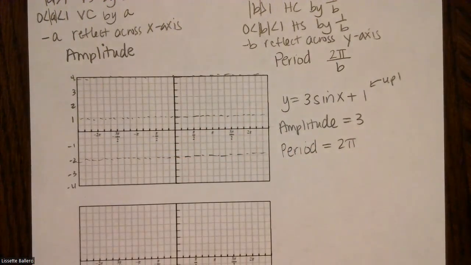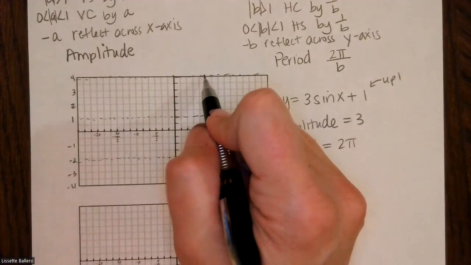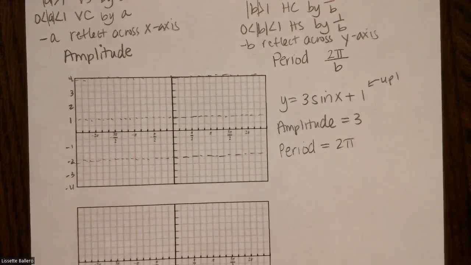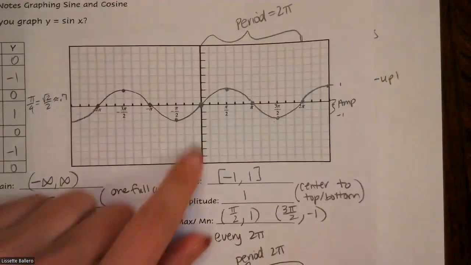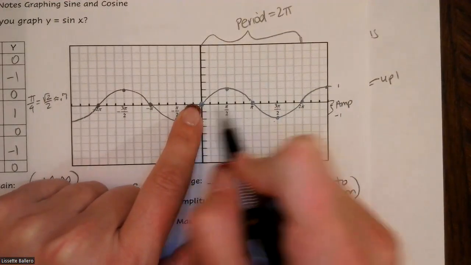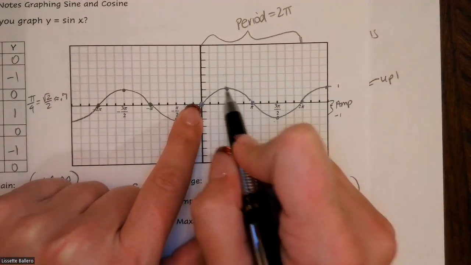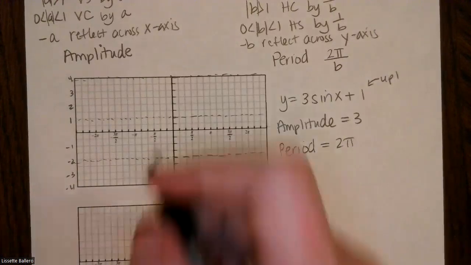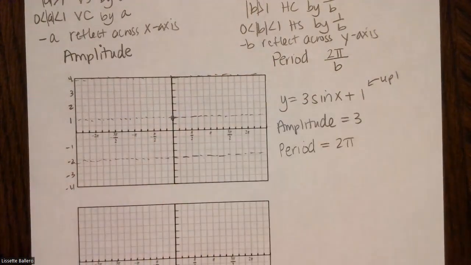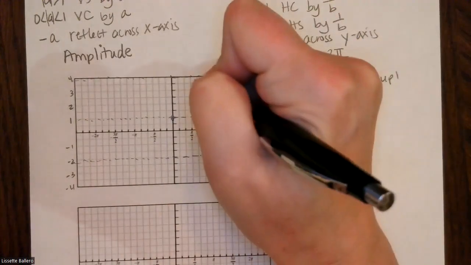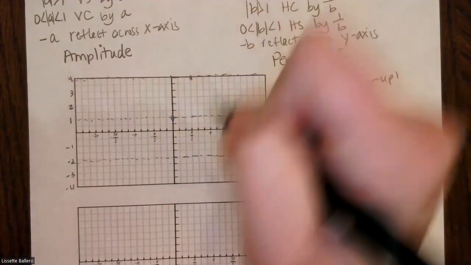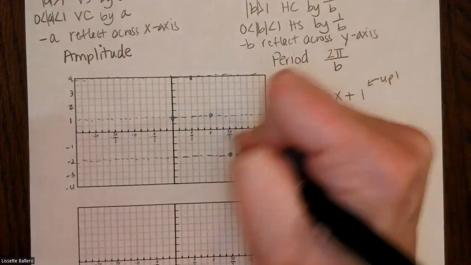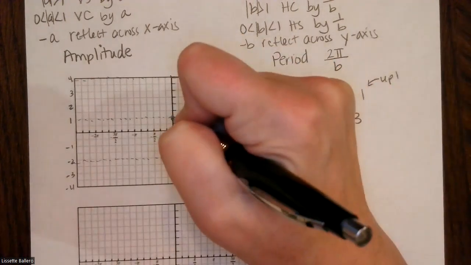This makes it a little bit easier to graph because now I have my new center. I know this is going to be the max and this is going to be the min. So I can start with those parent function points. So this is the sine graph. So my parent function points are right here. I was at the center right here at 0, at pi, and at 2 pi. I was at the top at pi over 2 and at the bottom at 3 pi over 2. So I'm going to be at the center at my 0. I'm going to be at the top on my pi over 2, back at the center for pi, at the bottom for 3 pi over 2, and then back at the center for 2 pi. So there's my one cycle